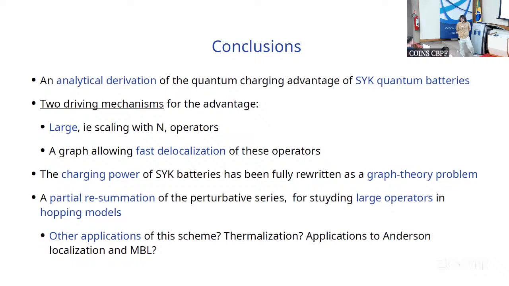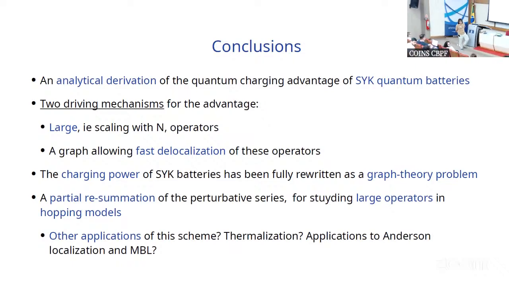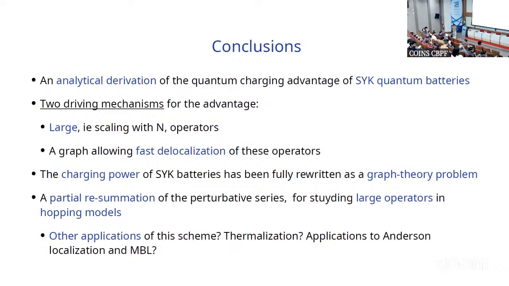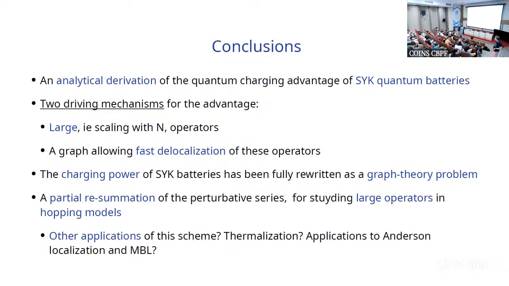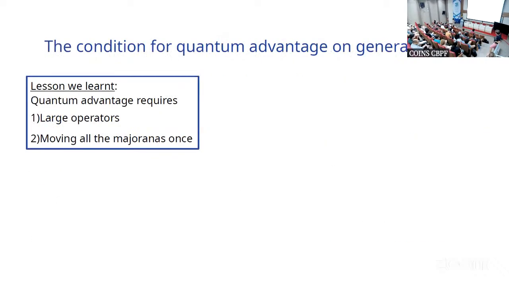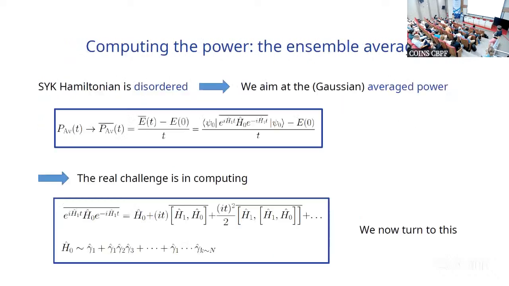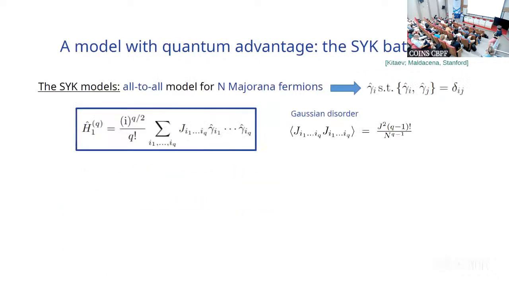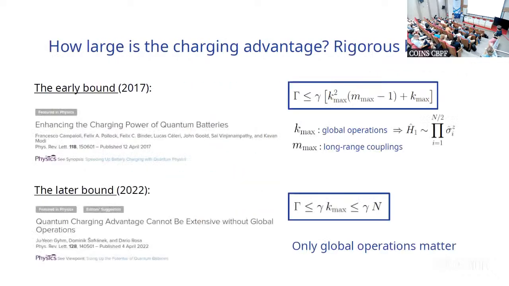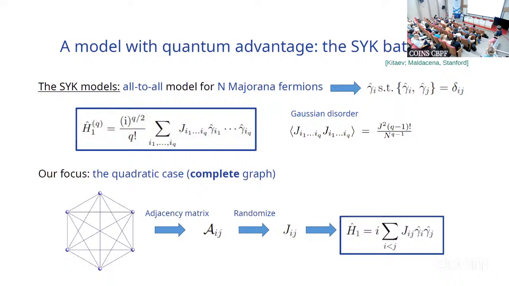Questions? So I'm not sure I understood what the original graph was that you spoke about. So you start with the complete graph? The complete, but go to the next one. You showed it. And then you randomize the connection? Right, yes, the adjacency matrix is just 0 and 1. You throw away the ones and you put a random number, a Gaussian number.